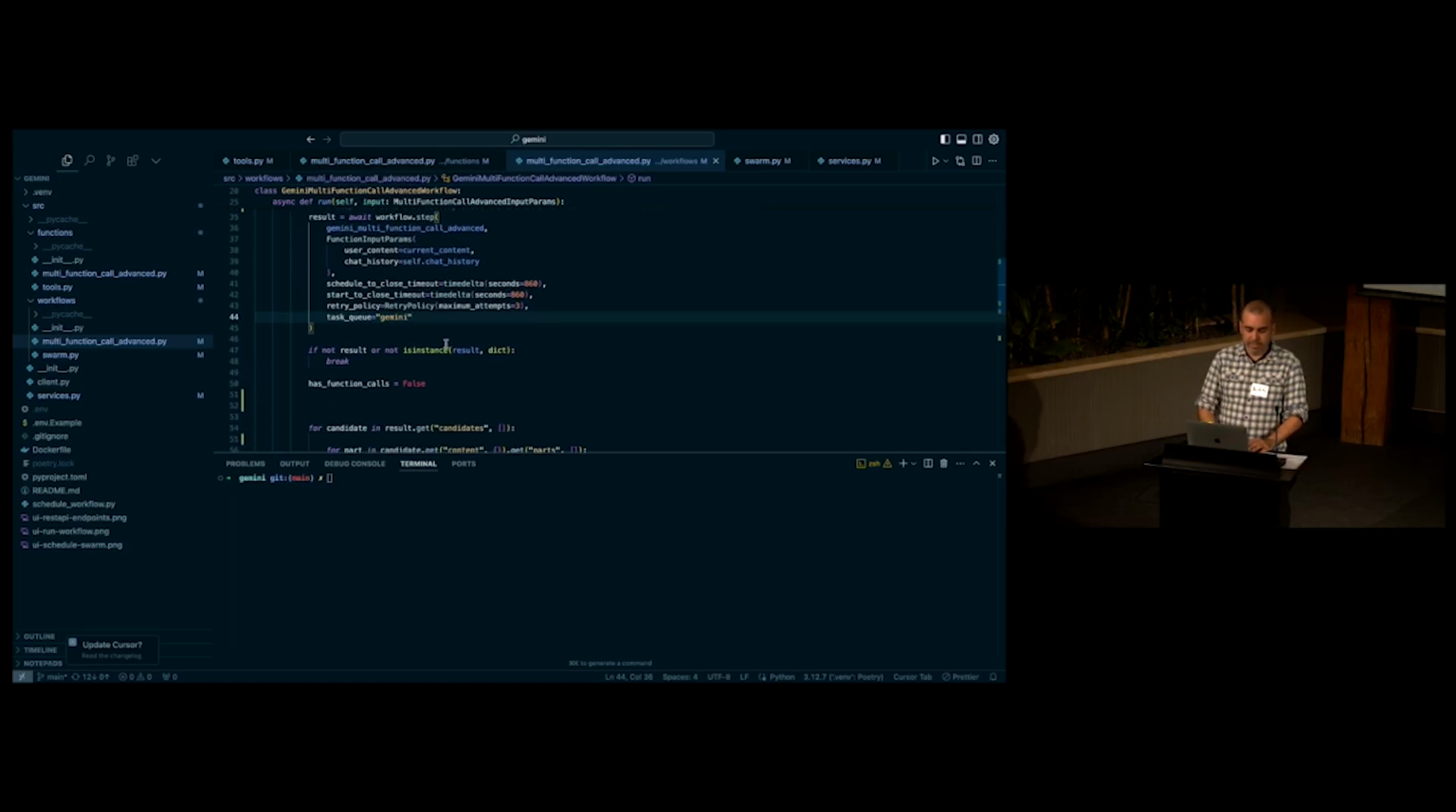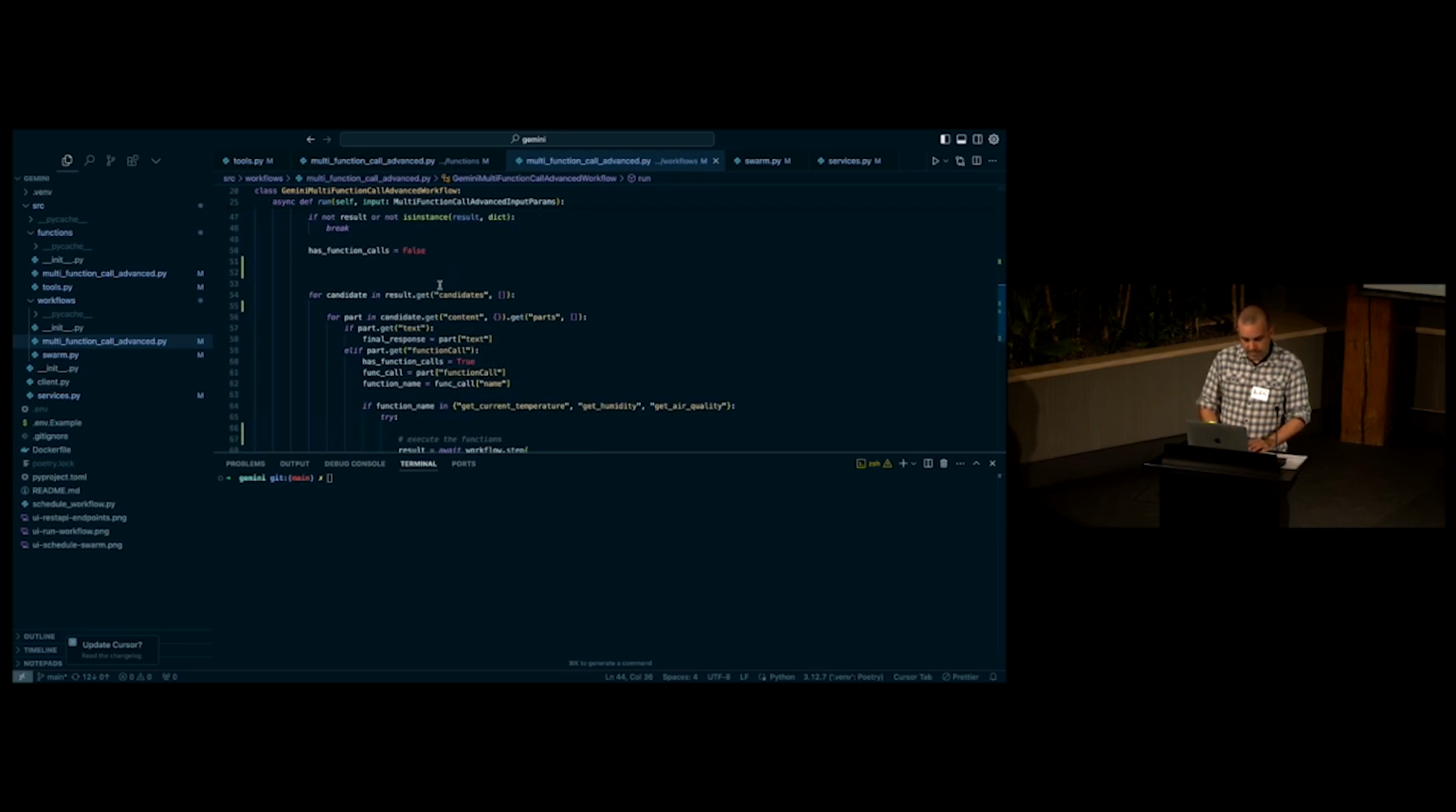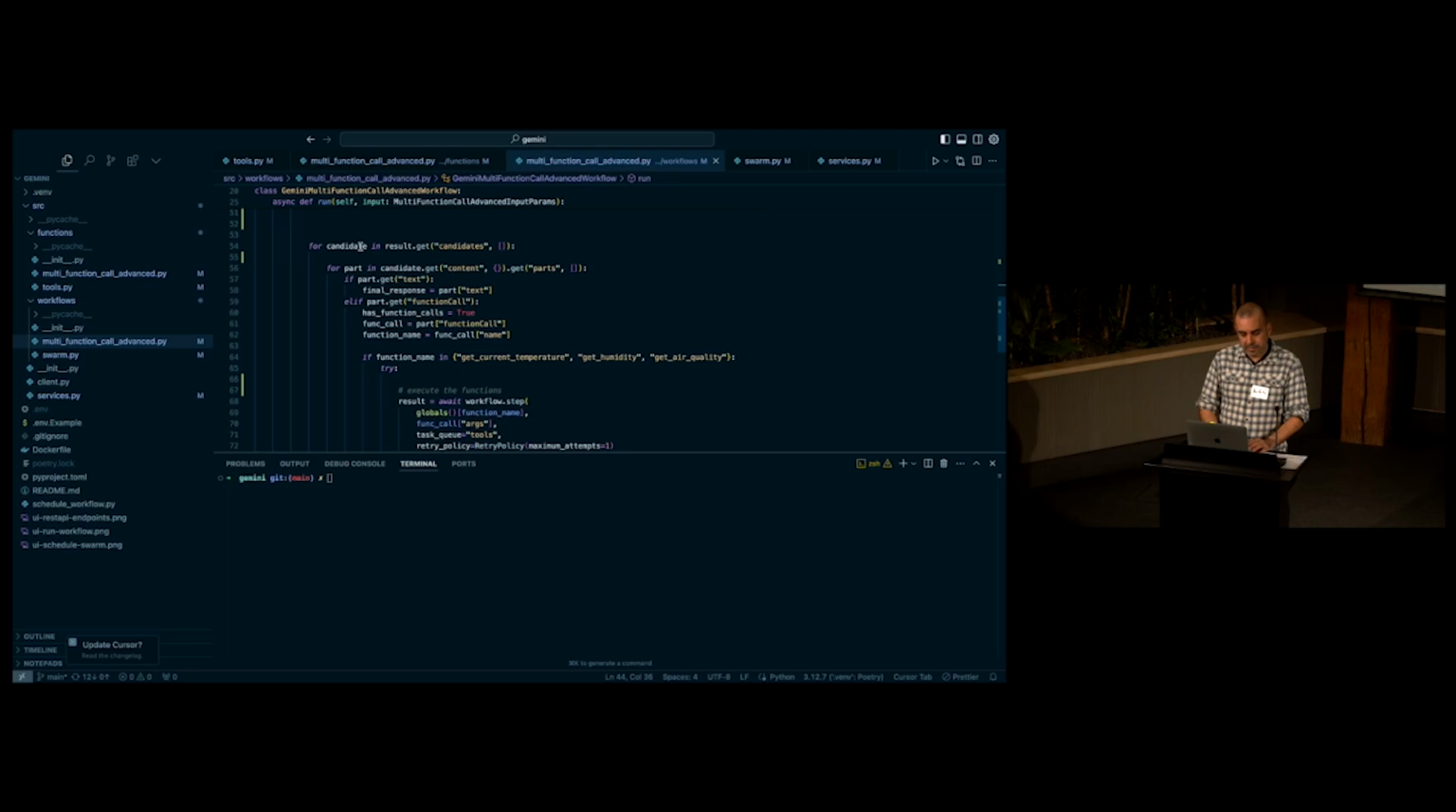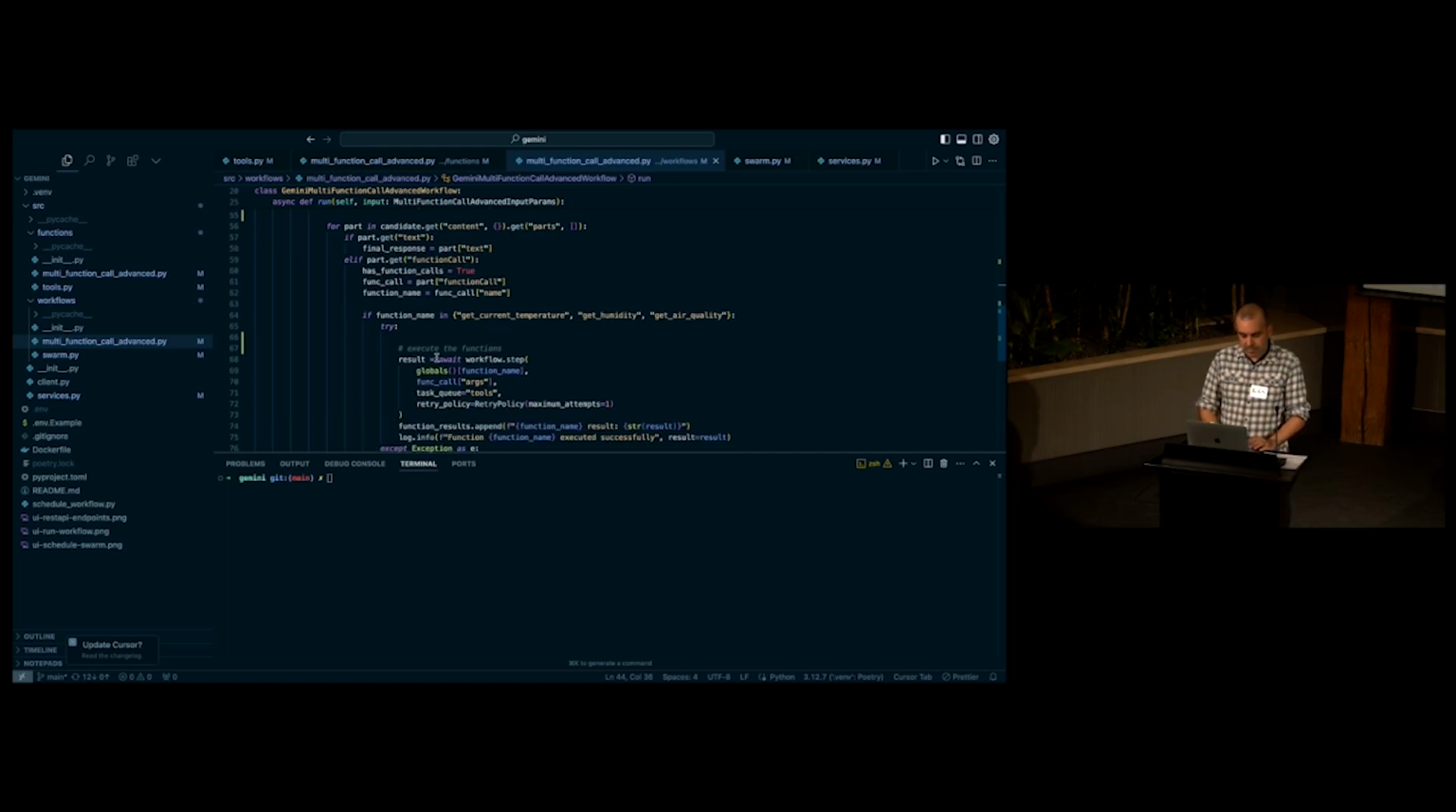But for now, what you can understand here is that we have one step that is calling Gemini, where we are selling some tools, and we already define the timeouts and the retry policy. After that, you can see here what we get is Gemini is giving us the candidate. So basically, Gemini is telling us, run this function or this other function. And what we're going to do as a second step